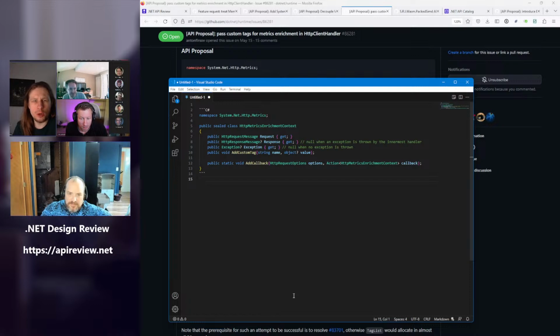Add enrichment callback maybe, but the type already has the name enrichment. My only thought was to put the word options in it in reference to the HTTP request options, but I don't really care. It's the first parameter, and it's kind of arbitrary that it's on options to begin with. So I wouldn't upgrade that to part of the name. That's fine.